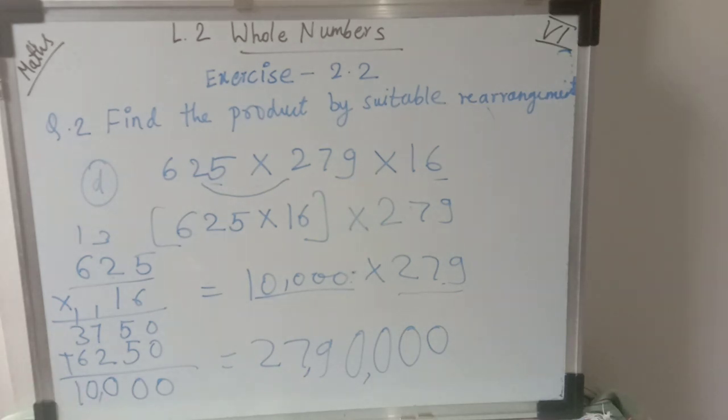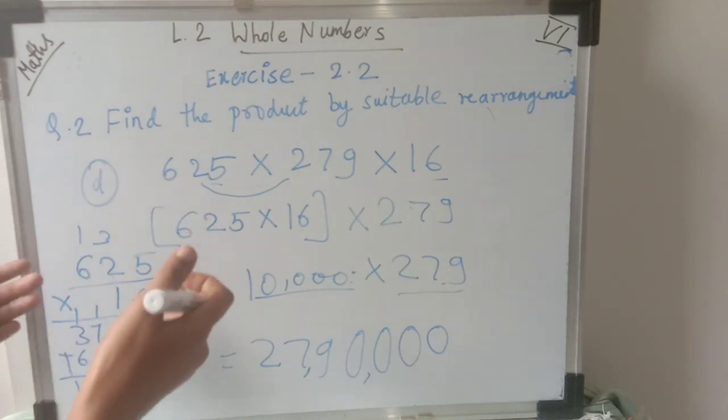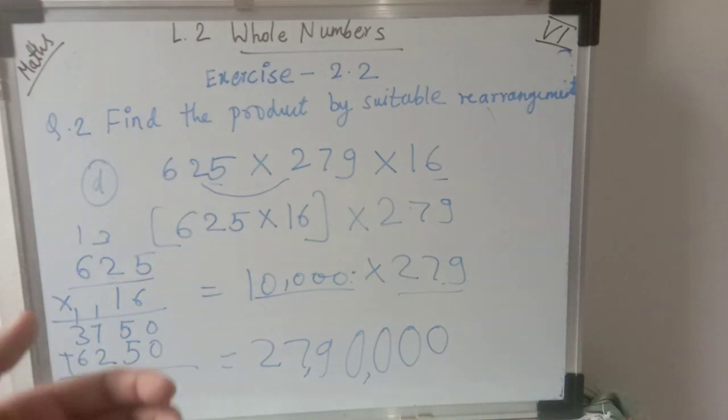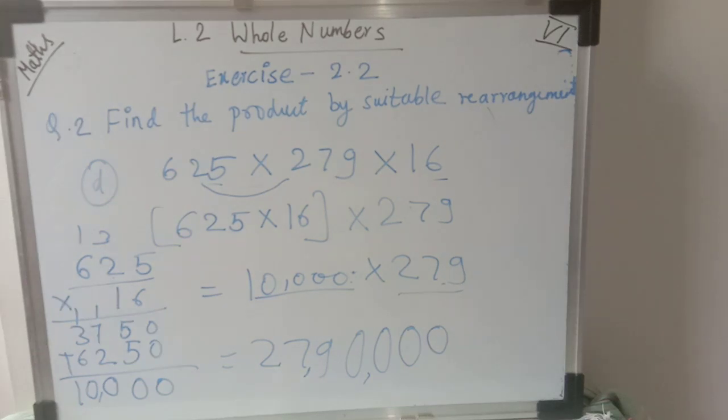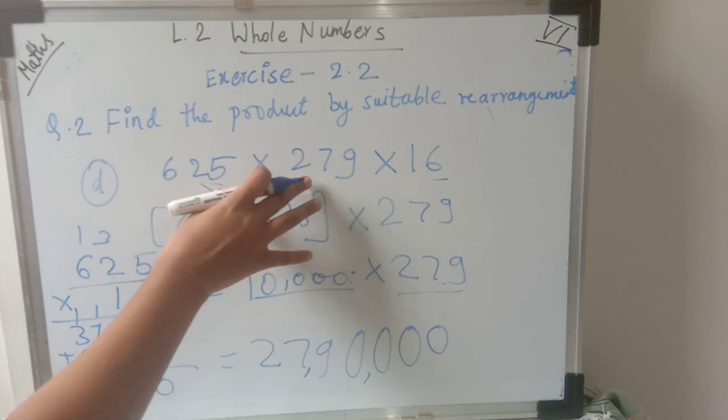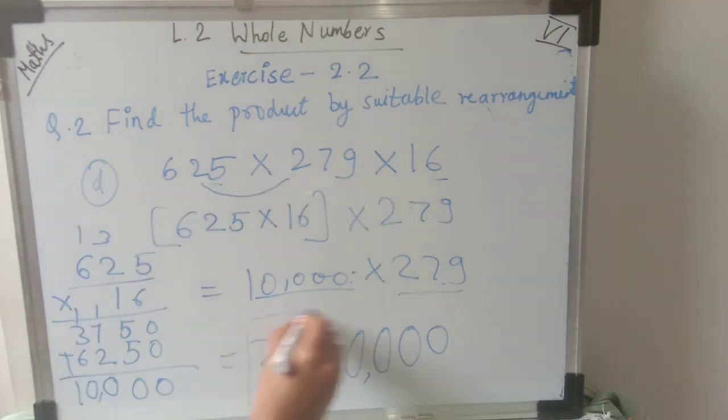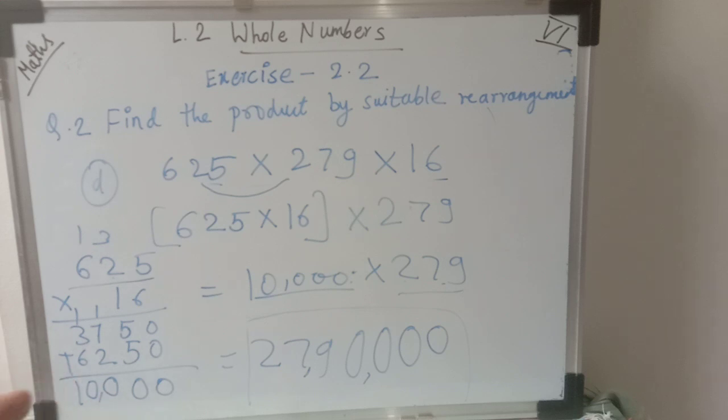See, don't go in a difficult way. If there is a simple way to solve this example, then adopt the simple way to solve the examples or the problems. Because here if you are multiplying these two numbers, you will get the same number, because the answer will not change here. What I am trying to say is, if we know the easy way to do multiplication, then why should we do it the difficult way?